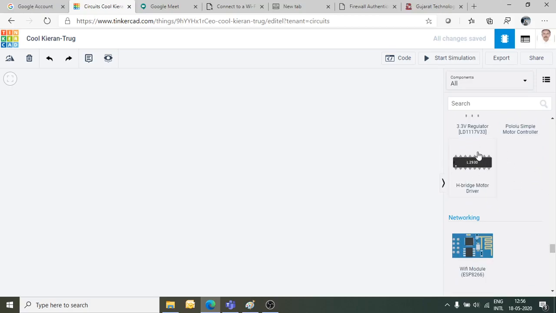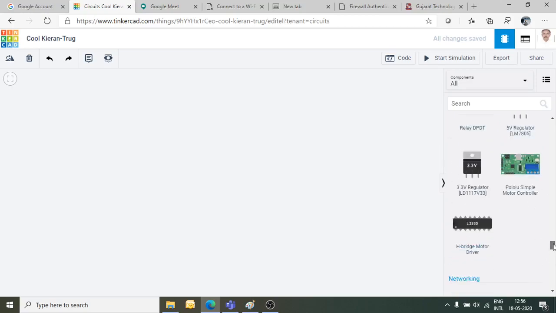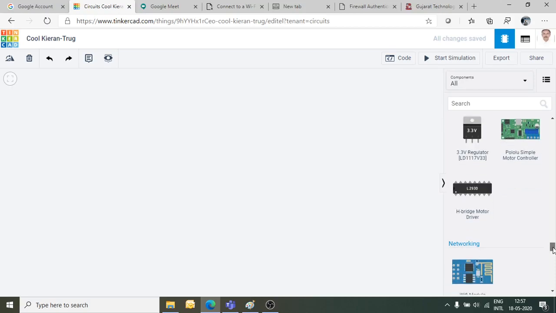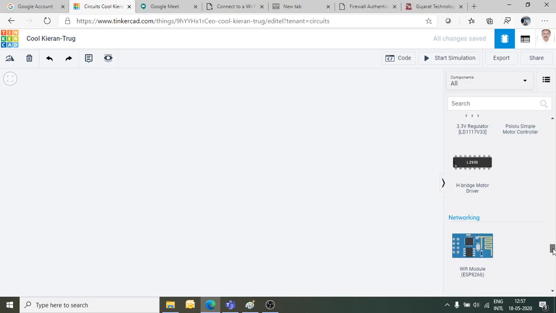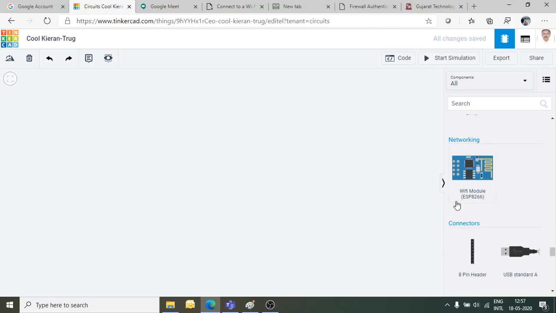Then this is an L293D motor driver. Motor driver module is also available. So if you want to simulate your robot, you can do it, because you have a motor driver IC available, motor driver module is also available, motors are available, sensors are available. So you can interface all these devices with your microcontroller and do the simulation of your program. Wi-Fi module is available. So for IoT experiments this will be useful. Of course, for semester 4 students it will be slightly difficult, but semester 6 students will be able to implement this also.